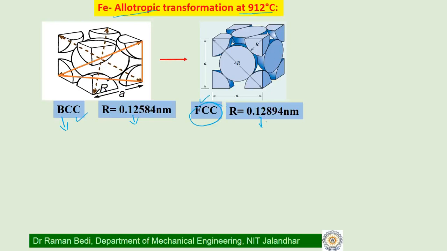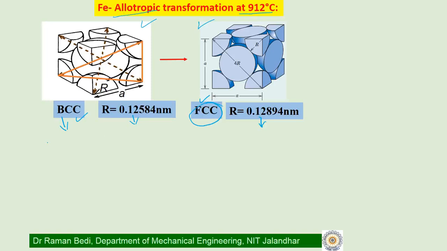Because of providing heat to the system, the atomic radius also undergoes a slight change. Now, in certain textbooks, you'll find that they assume the change in the radius of atoms is too small, and you may neglect that. But we are taking into consideration that this is going to also affect something. The BCC crystal structure of iron is now transforming into an FCC crystal structure.